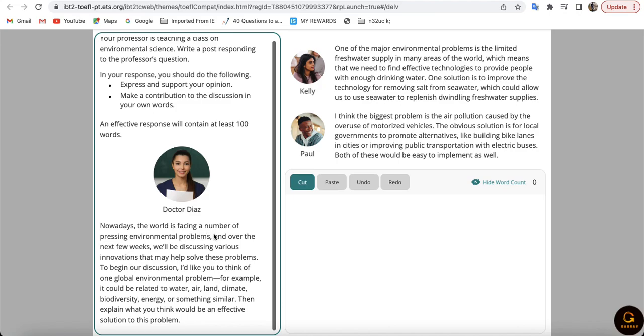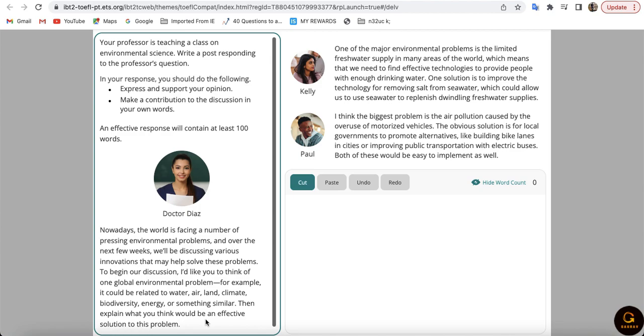Nowadays the world is facing a number of pressing environmental problems, and over the next few weeks we will be discussing various innovations that may help solve these problems. So, some problems and discussions. To begin our discussion, I would like you to think of a global environmental problem. There are many. For example, it could be related to water, air, land, climate, biodiversity. Any one you can choose. Then explain what you think would be an effective solution to this problem. So you have to first of all